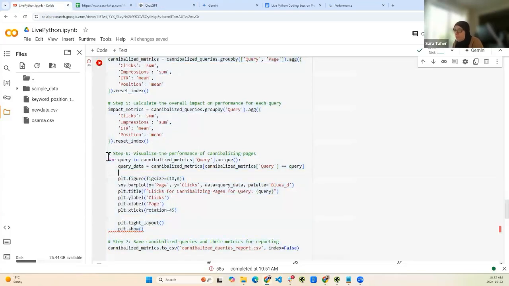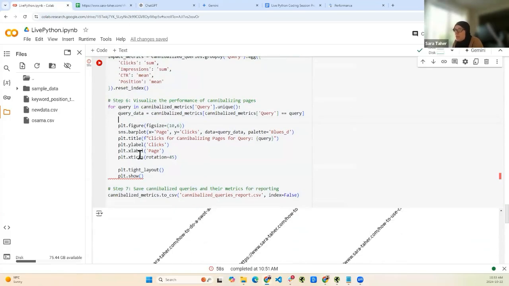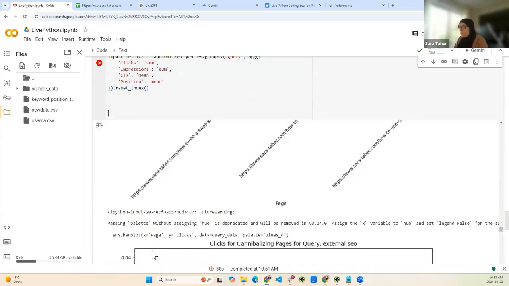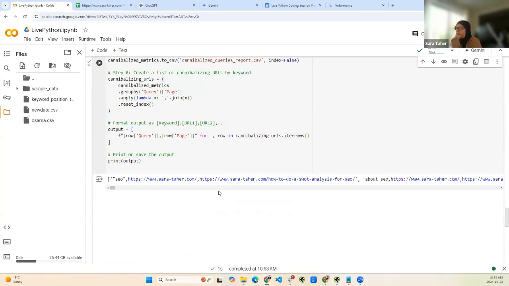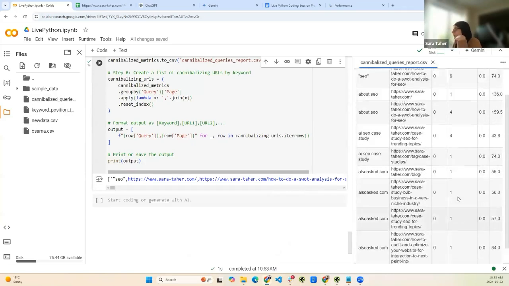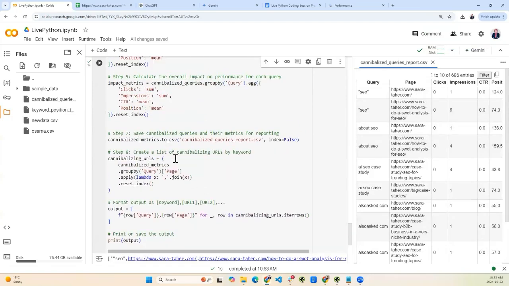Let's remove the visualization step here. Let's see what happens now. Okay, so we have an output here. Page, clicks, impressions. I mean, it still needs some work, but can you see? Yes. Okay,